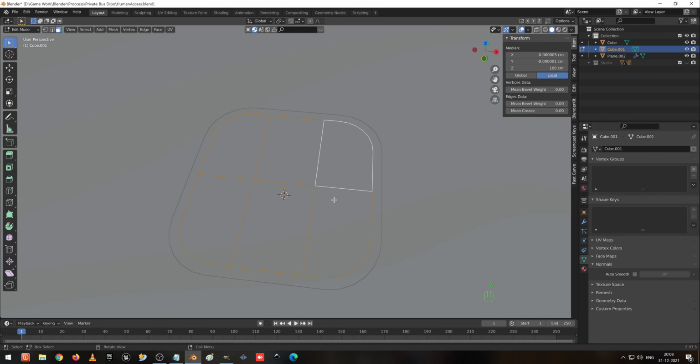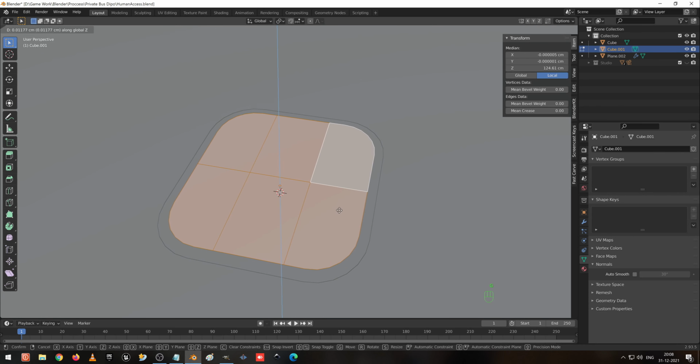So I select everything. Okay, press Ctrl Shift N to normalize outside. I select everything and G Z to move slightly up.